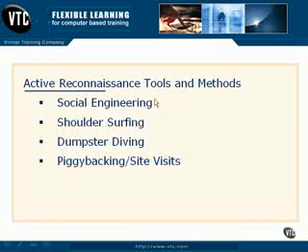Another, probably one of the best tools associated with active reconnaissance is social engineering, which is something I touched on with the example of walking into the building and requesting a pass to see the CEO, but that actually goes quite a step further. Social engineering can involve finding out where the IT administrator goes after business hours. Maybe there's a particular bar or restaurant that this person goes to. Strike up a conversation with them, happen to meet them there a few times in a row, and within a few weeks this person will probably open up and start talking about work problems they're having and this system crashing,